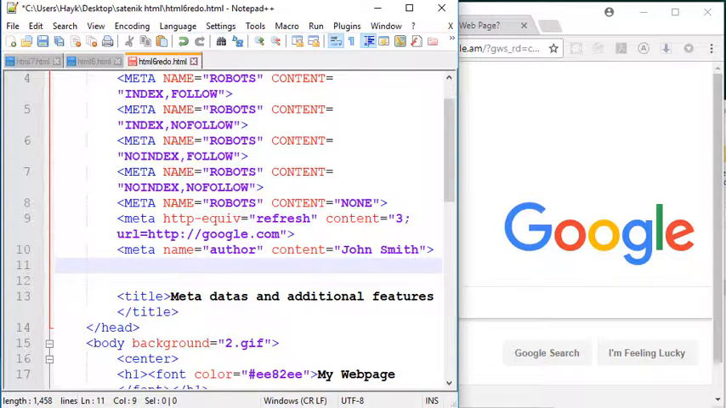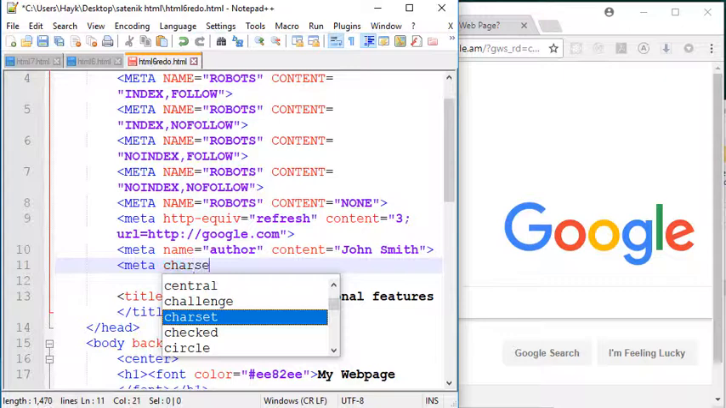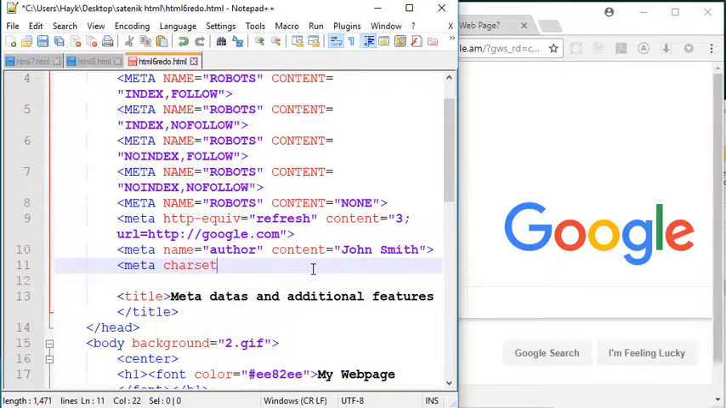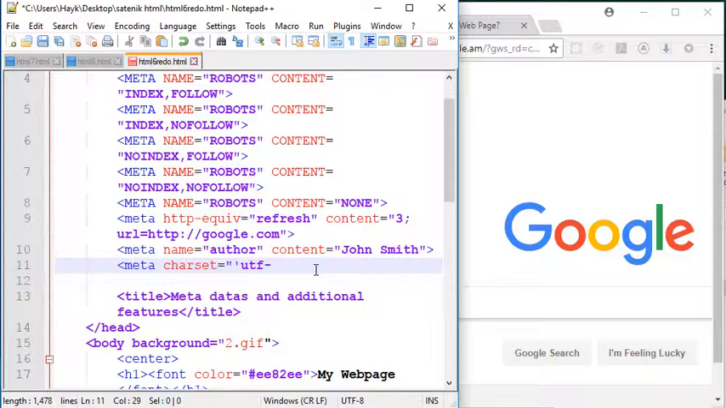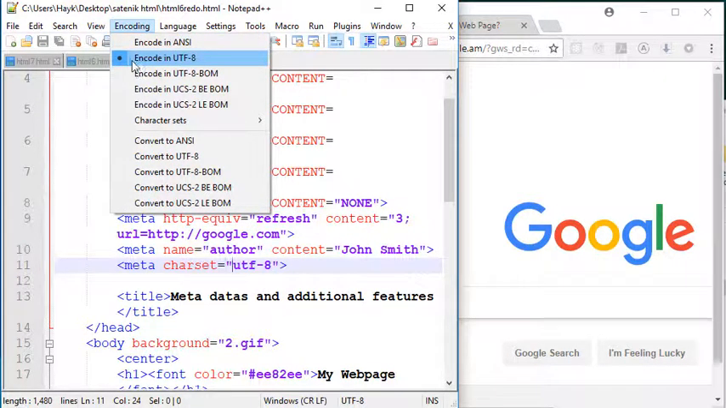Next, let's move on to charset. The charset meta tag specifies the character encoding for the HTML document, and this is how it's written. It's UTF-8, and we close this. I made a mistake here, so let's go back and delete this. As I said, it specifies the character encoding for the document, and we can check this by going into encoding, and as you can see, we're now